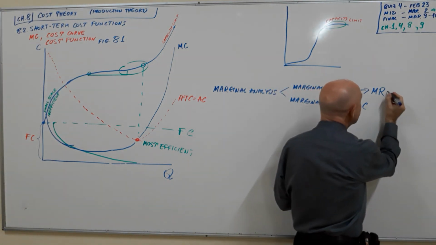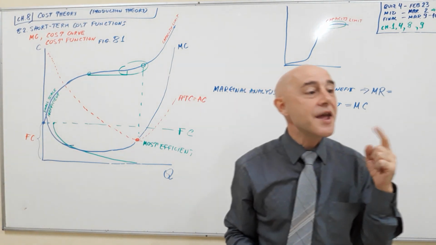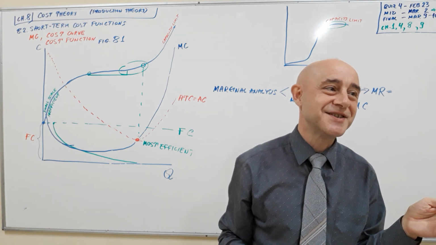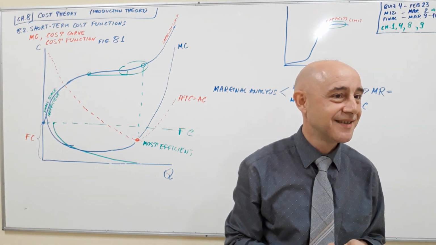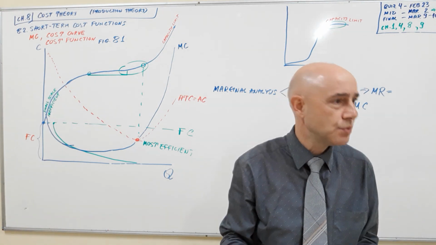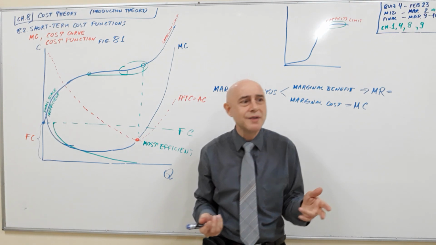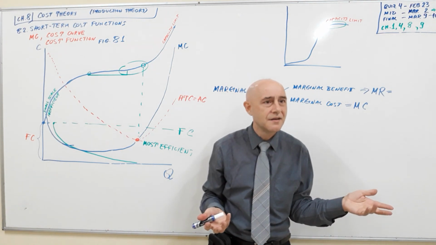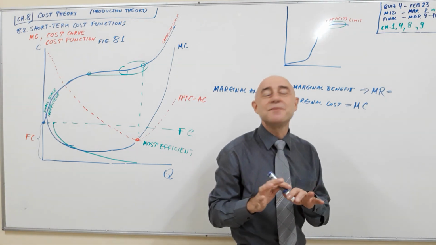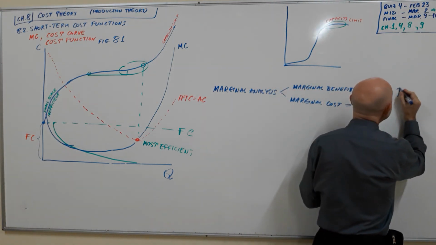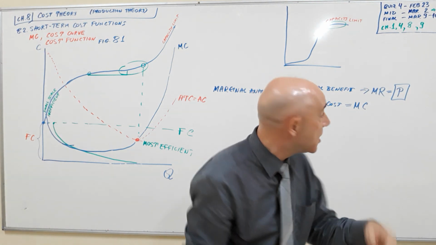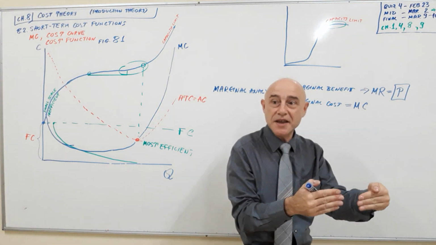Now, what is the marginal revenue for a product for a firm? That's very simple and very easy. What's the marginal revenue for one more student? The answer, one tuition. What is the marginal revenue for one more coffee? It's amazingly simple. It's the price. Whatever the price is. If the coffee costs 3, the marginal revenue of selling 9 instead of 8 is